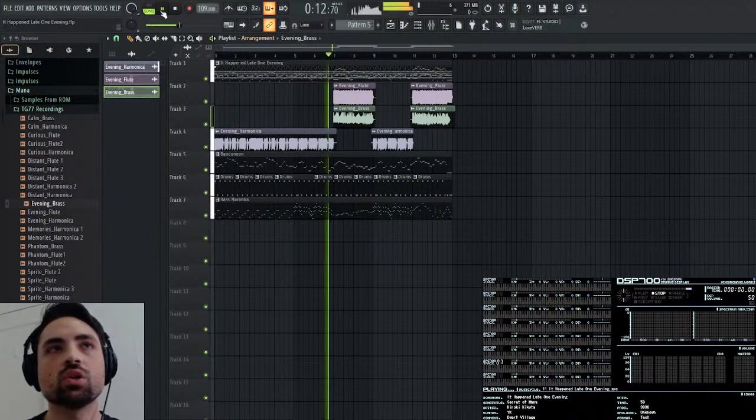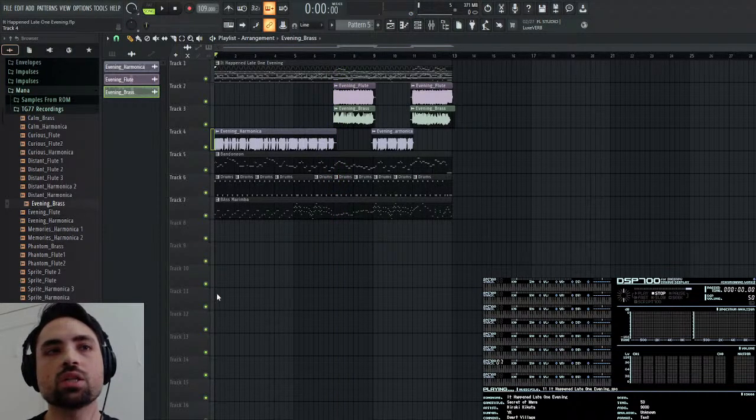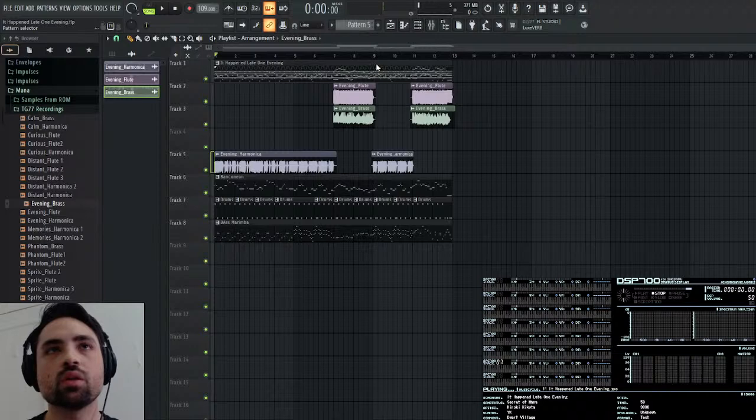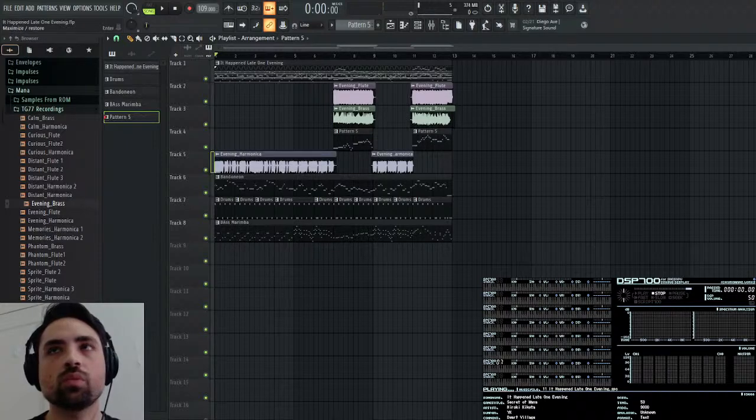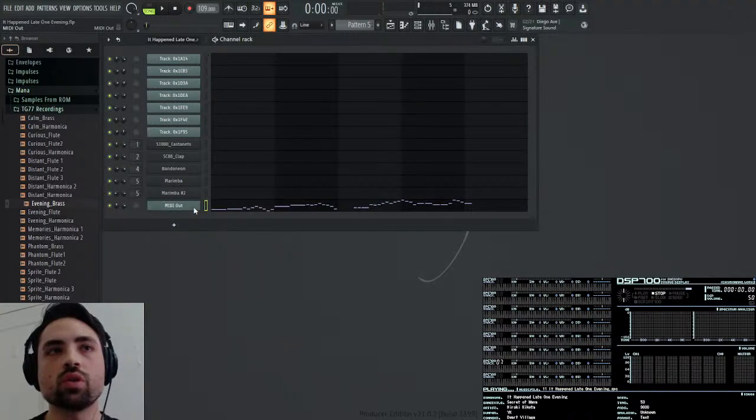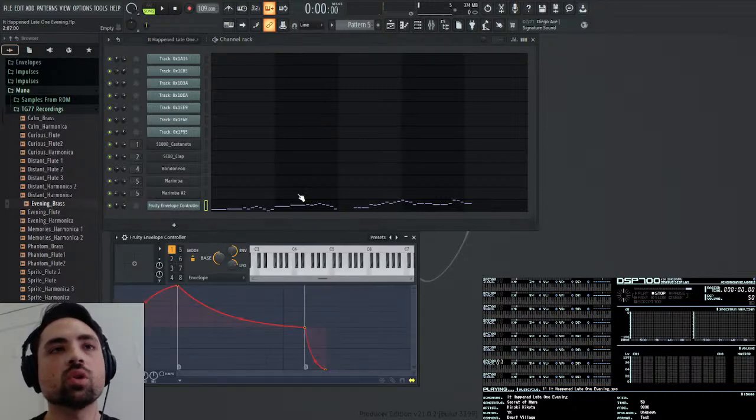Nice. So now I need to put an envelope on it, and I'm going to insert one here so we can put the note pattern here, and we want to give it that space. And right there. So now I want to link these notes to an envelope controller. So I'm going to replace the MIDI out with an envelope controller.